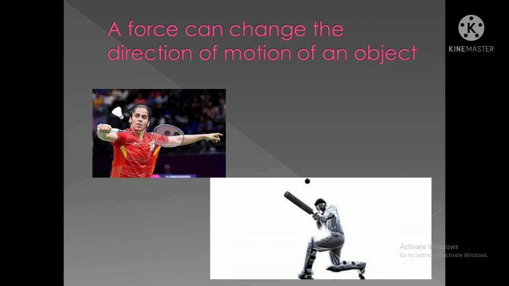Next, the cricketer. When the bowler throws the ball, the cricketer will see from which position it is coming. When he sees the ball in that direction, he will see that the fielder is not there on that side, and that if he hits the ball there, it will be a 6 or a 4. So he will hit the ball with his bat. So here we change the direction of motion of an object with the help of force. Okay, clear?